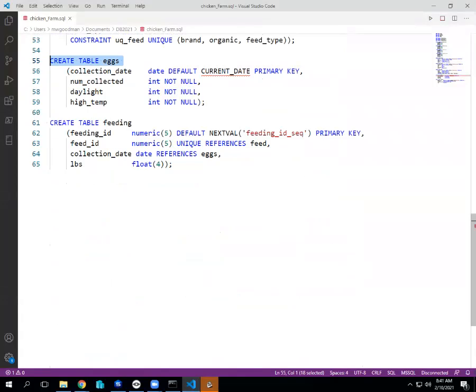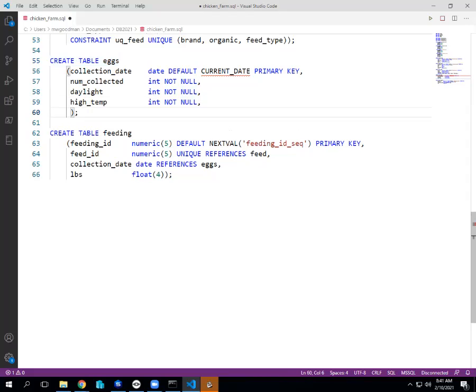I don't think anybody else added any extra check constraints on the eggs table. I thought I had the code in here, maybe not. So the high temperature, I don't know why it's missing, but I'll go ahead and put it back in to my eggs table. The high temp, I created a constraint